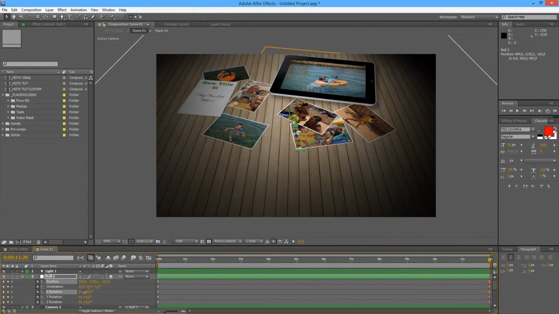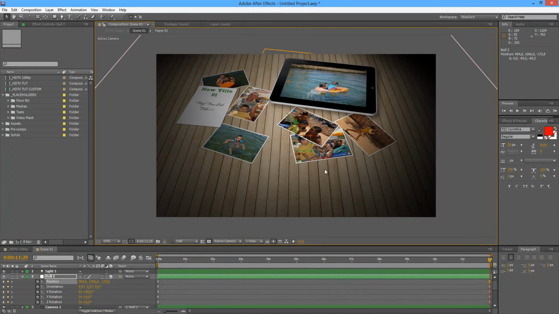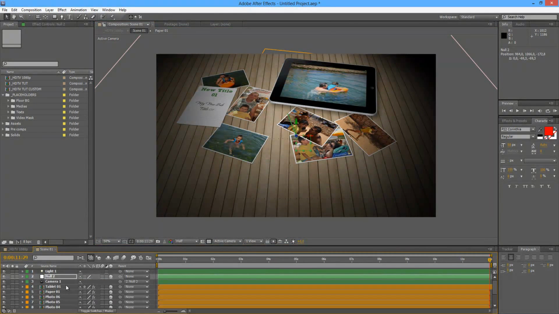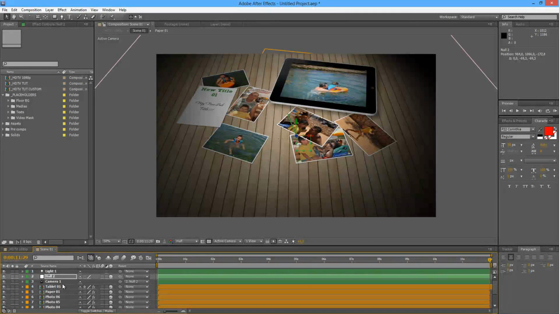I'm gonna put it a bit more, okay, so you can play around with this. Another option would be, of course, to increase the number of photos. And okay, we have some space available here. What I'm gonna do is create a new folder, and I'm gonna